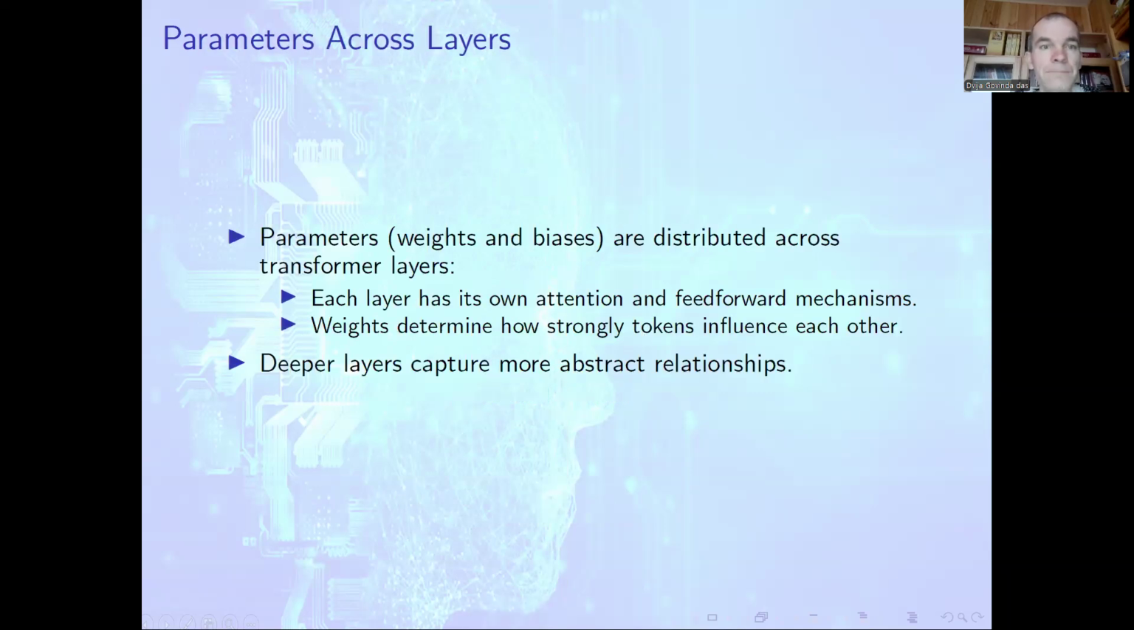So each layer consists of many neurons. Each neuron is characterized by different weights and biases. Later we will have a slide explaining the structure of a basic neuron if you don't remember. And each layer has its own attention and feed-forward mechanism, and the weights of the neurons determine how strongly tokens influence